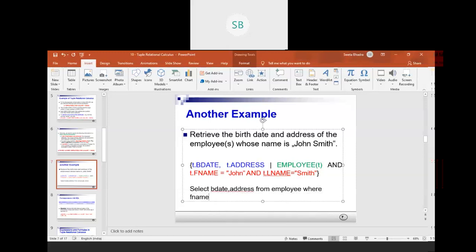F name equal to John and last name, that is L name equal to Smith.